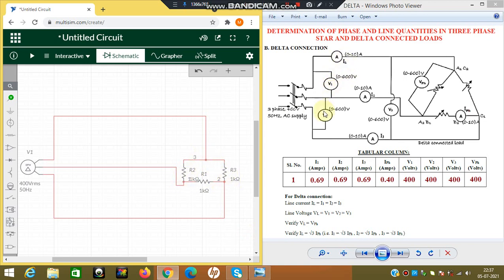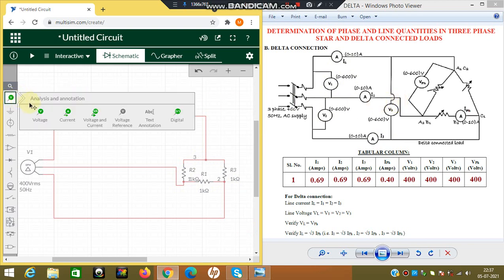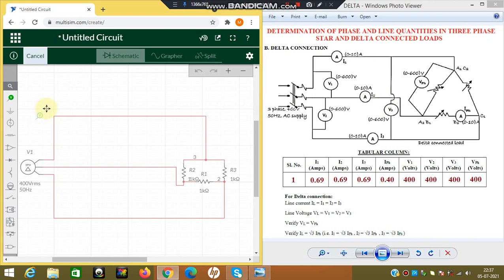Finally, it's the time to place the meters. First, let me place the voltmeter. So it is like with each line I will be going to calculate the line voltages. So first one is with respect to 1 and 2. So I placed V with reference to the line 2.